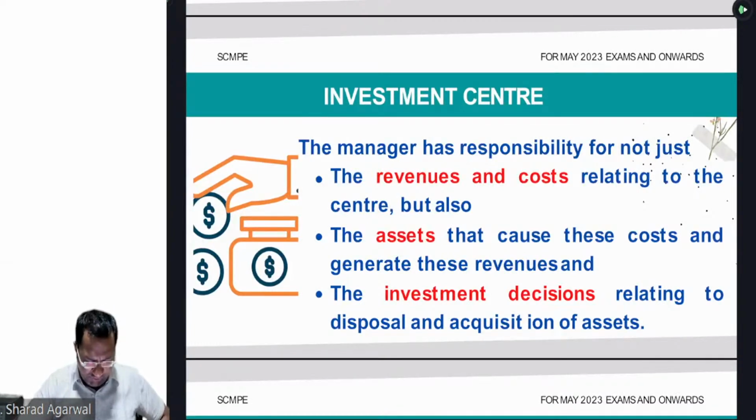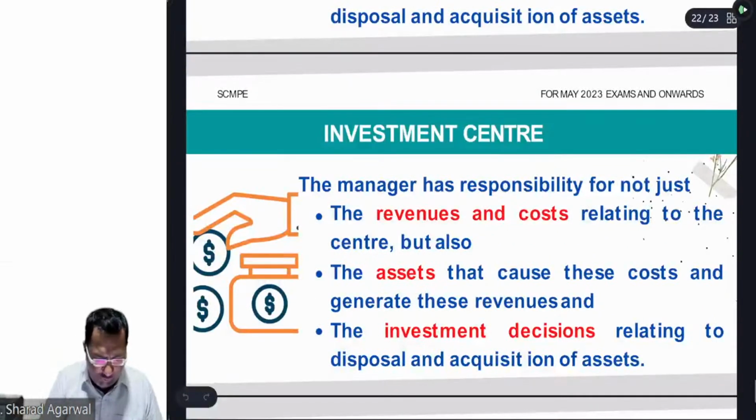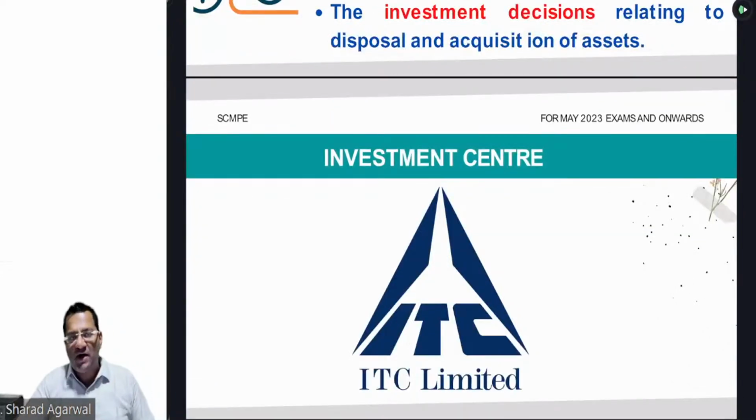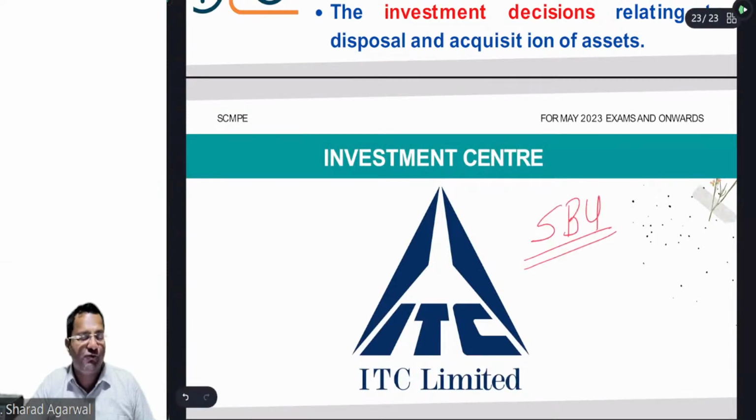Okay, the institute has given a real life example of ITC business, है ना? यहां पे अब एक वर्ड यूज होगा, that word is very very important, and that is strategic business unit. क्या सभी डिपार्टमेंट या सभी बिजनेस जो हमारे इन्वेस्टमेंट सेंटर है, whether we can regard them as strategic business unit? वर्ड को गौर कीजिए बेटा. Strategic business unit means core business unit. Okay, so all the departments, all the investment centers cannot be considered as strategic business unit.